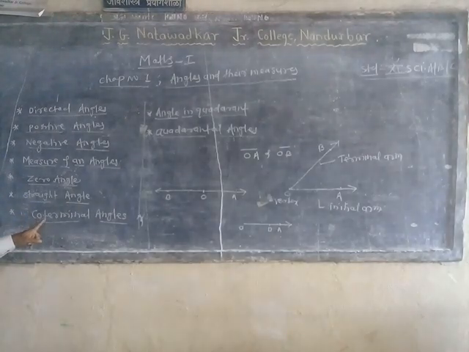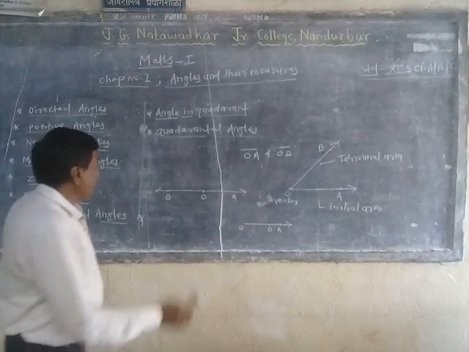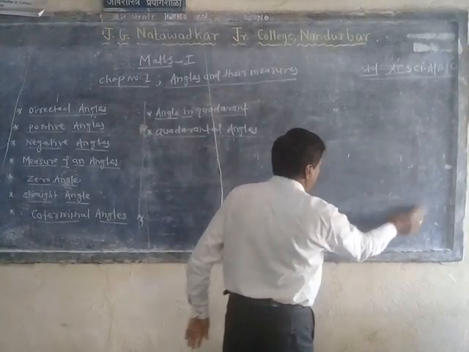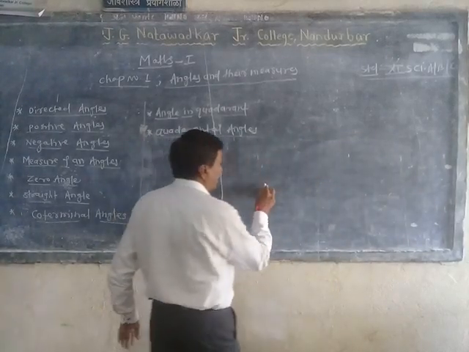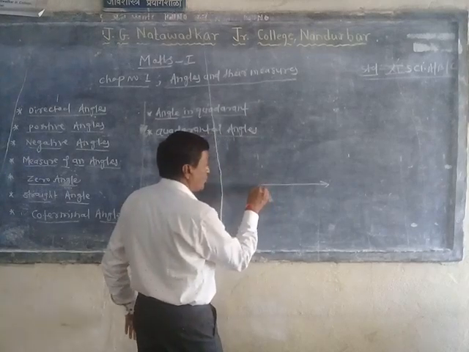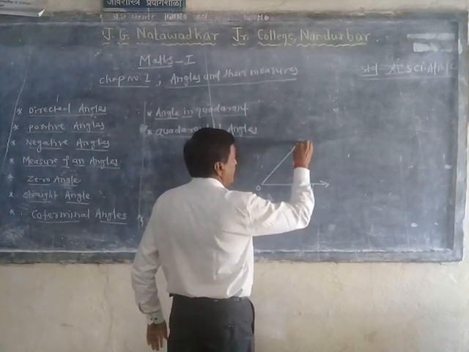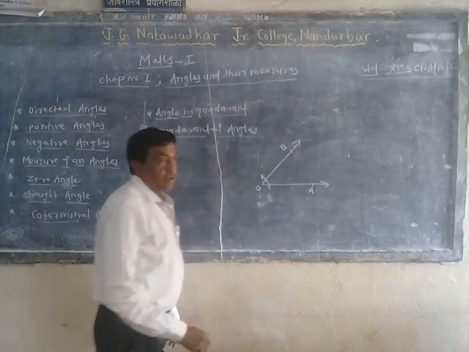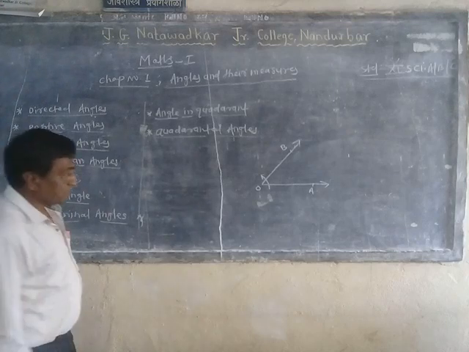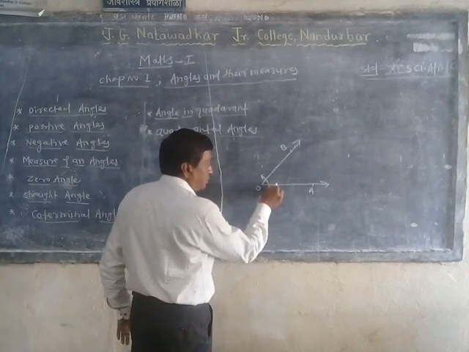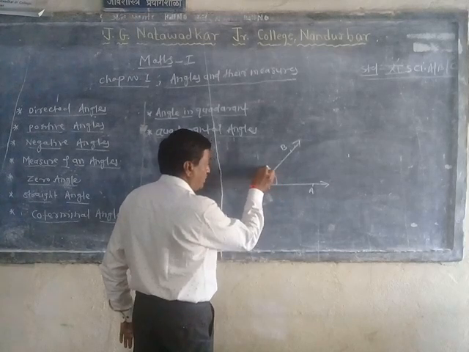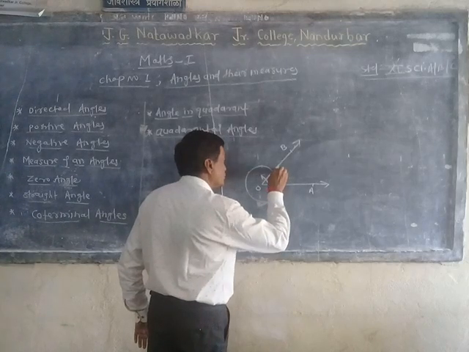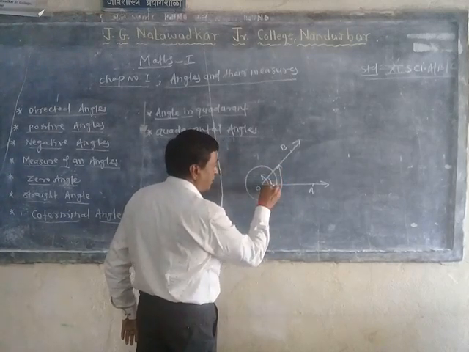Now next, that is the coterminal angle. Coterminal angle is a concept related to two or more angles. Suppose I take the first directed angle, and I assume this is O, A and B like this. This is your given directed angle. Now suppose I take another angle here like this. Its initial arm is OA bar. I completely make one rotation and go up to this. So this is the second measure. This is the first angle and this is the second angle.